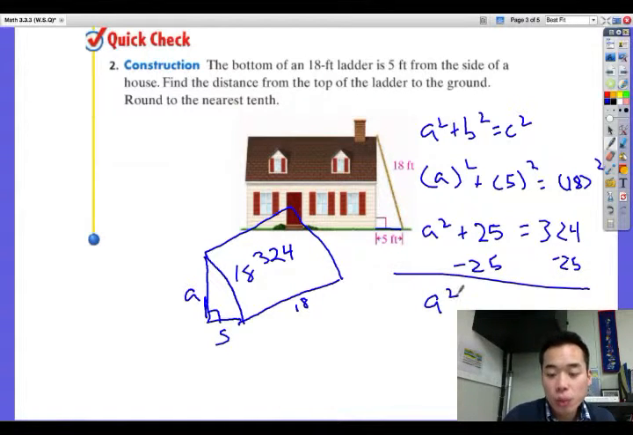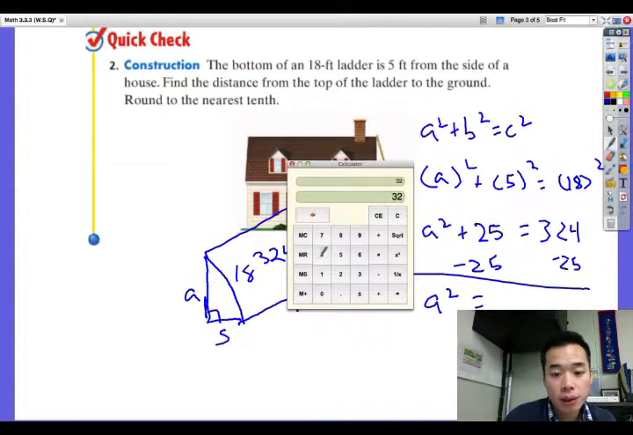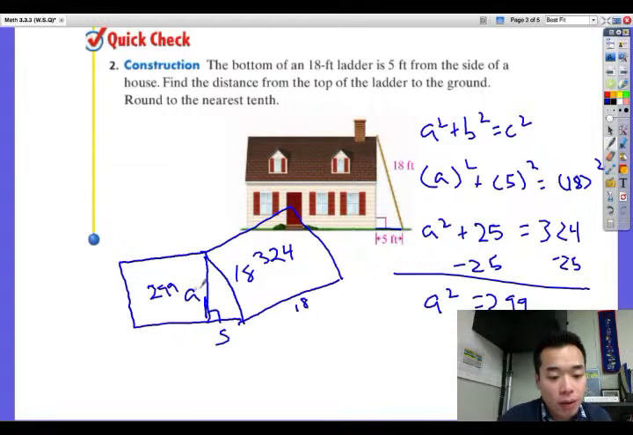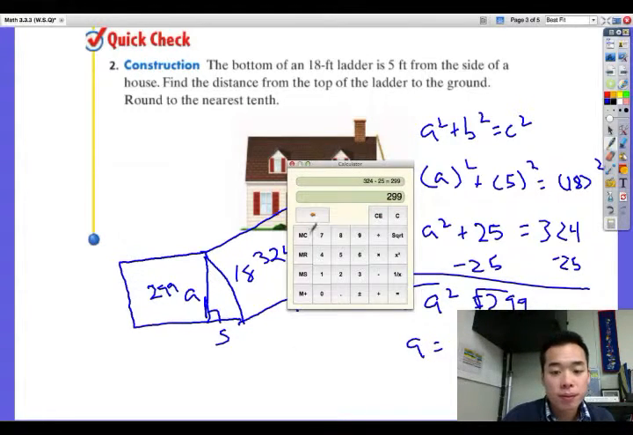And I get A squared is equal to, let's do that on a calculator so you can see what's happening, 324 minus 25 is equal to 299. Hopefully I mentioned this in class. In order to find just the leg length, so if I draw this out, this entire area is 299. In order to find what A is, I take the square root of both sides. So A is equal to the square root of that, which is approximately,